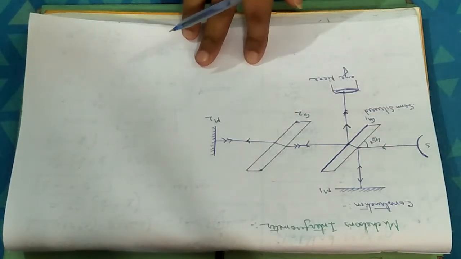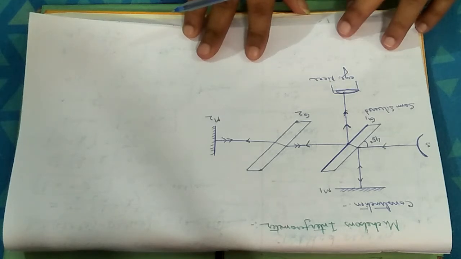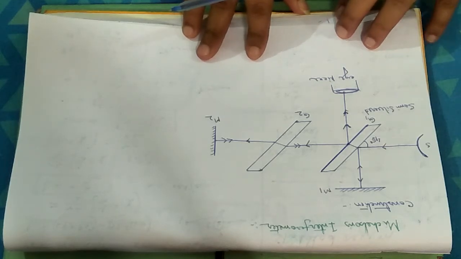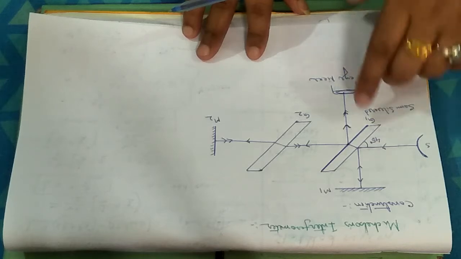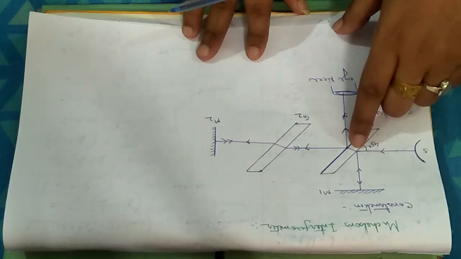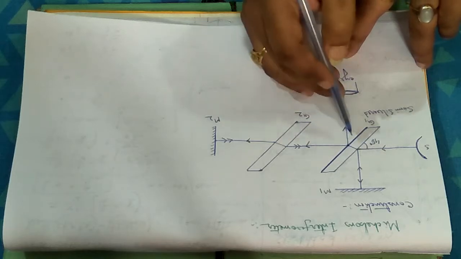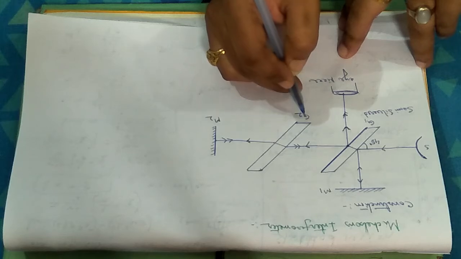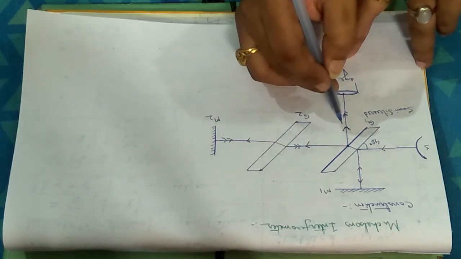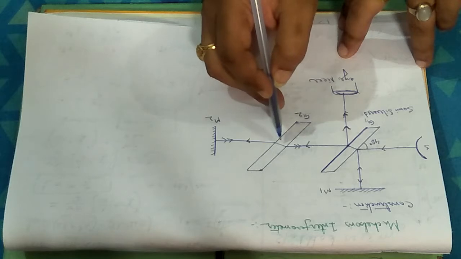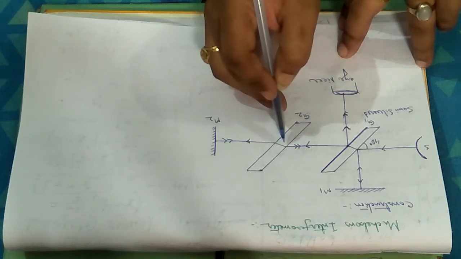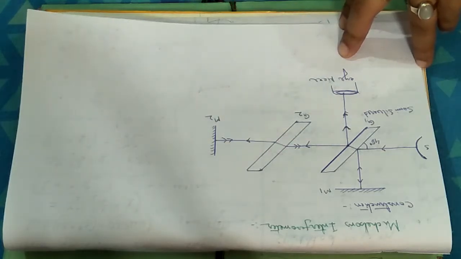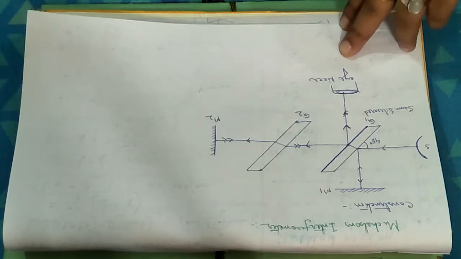So both the rays, as they are traveling through the medium with the same refractive index, we can neglect the change in path while traveling through the glass. To neglect the path traveling through the glass for the first ray, which was traveling through the G1 glass plate, I have introduced another glass plate G2, as the second ray is also traveling through the same medium for the same length. So the role of G2 is only a compensator.